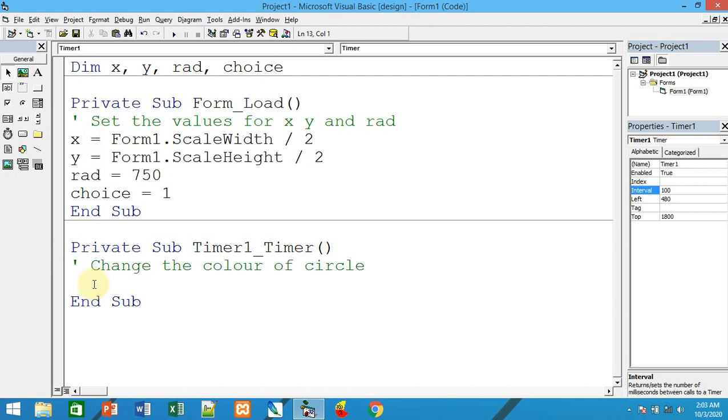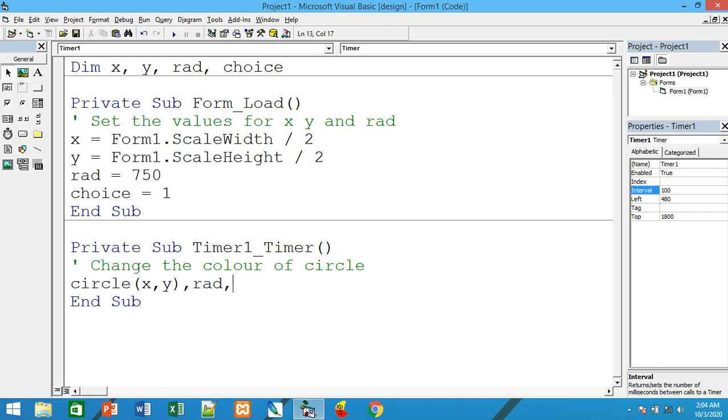So in order to draw a circle, what is the command? Form1 dot circle or circle, in the bracket you need to specify x and y. X and y are the coordinates, that is the middle coordinate, and radius rad, of course. Here radius is not going to be changed, so you can directly write 750, or else you can use rad.